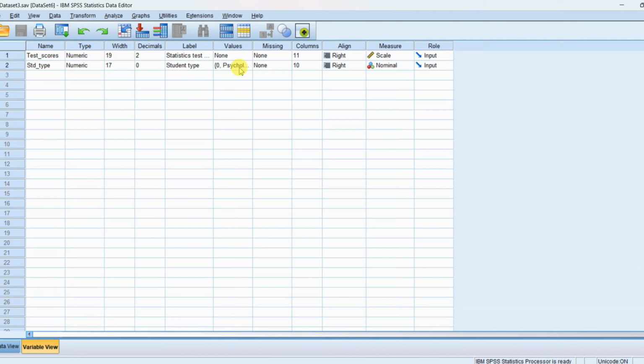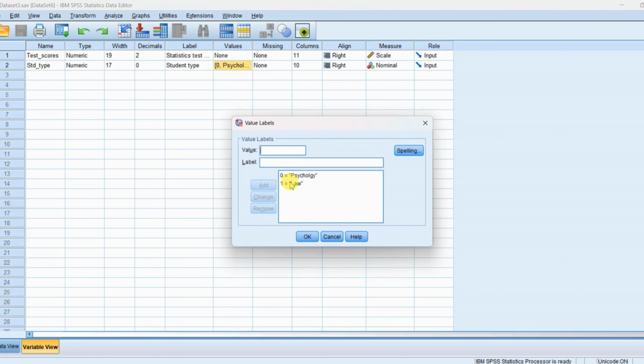Further, if you click on the values for student type, you will see that the data is labeled as 0 if they are psychology students and 1 if they are law students. Now that the data is ready,